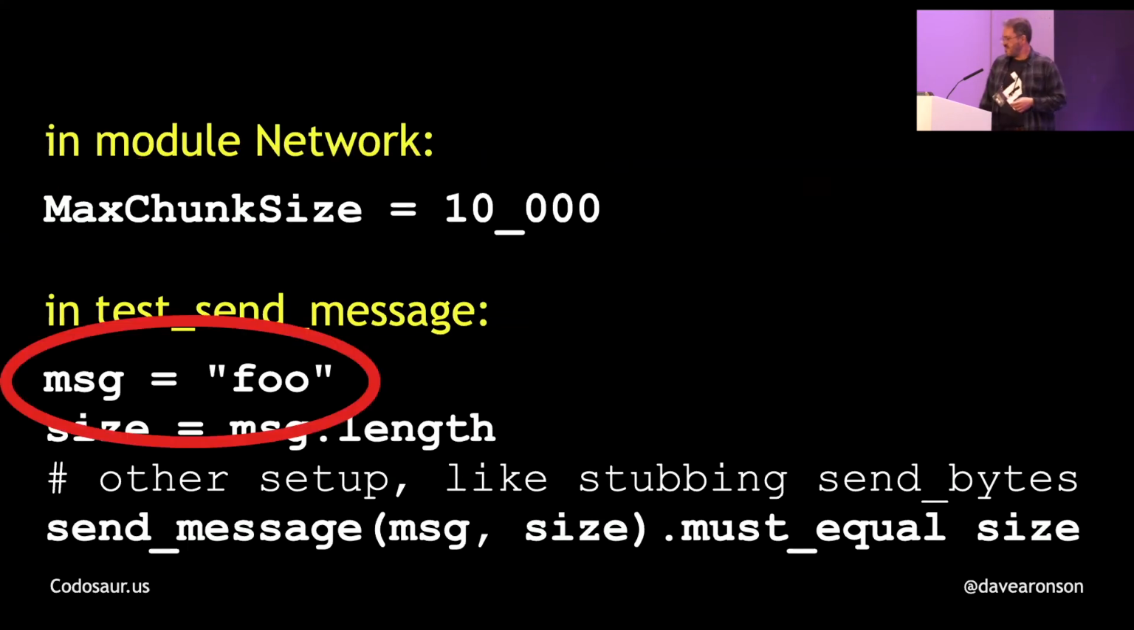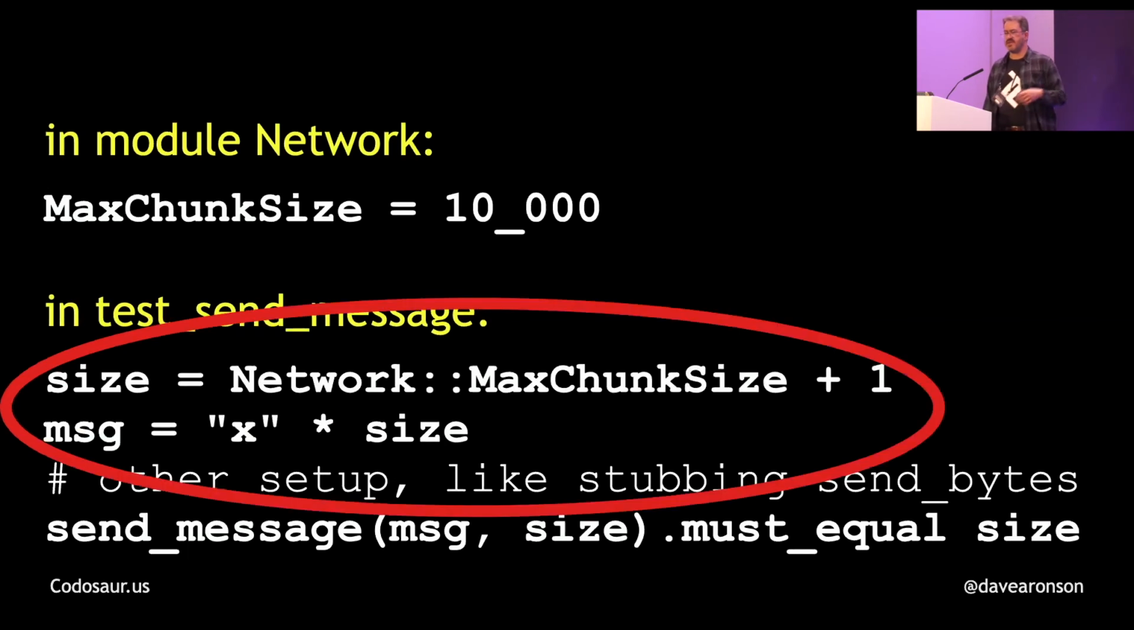There we go. The obvious fix is to use a larger message, larger than the maximum chunk size, and it's very easy to construct one. Just take the size, add one, make something that big. But perhaps, to paraphrase Shakespeare, the fault, dear Bristol, is not in our tests, but in our code that these